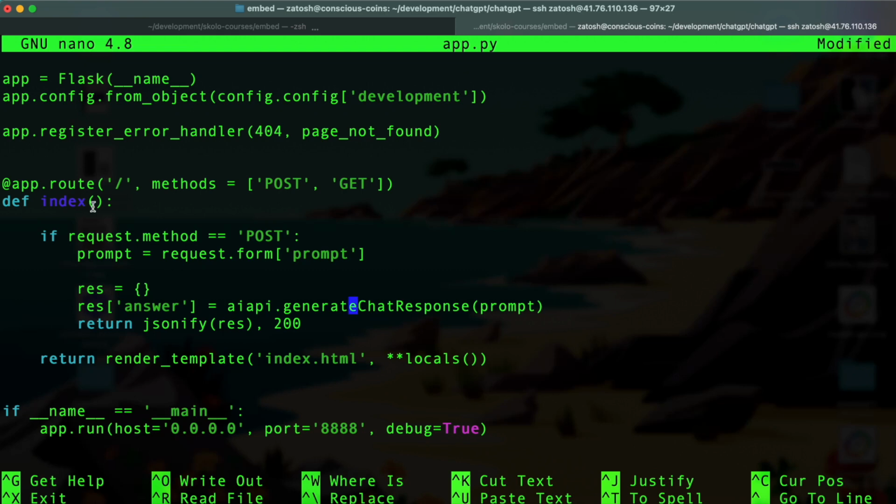We used to get a form inside of the root, and inside of the form, we used to get the prompt from the information that's entered. Prompt is request.form prompt, and then we would put in the response, and the response.answer would be based on this function, which used to get the response from OpenAI directly. So now, instead of doing that, what we're going to do is,